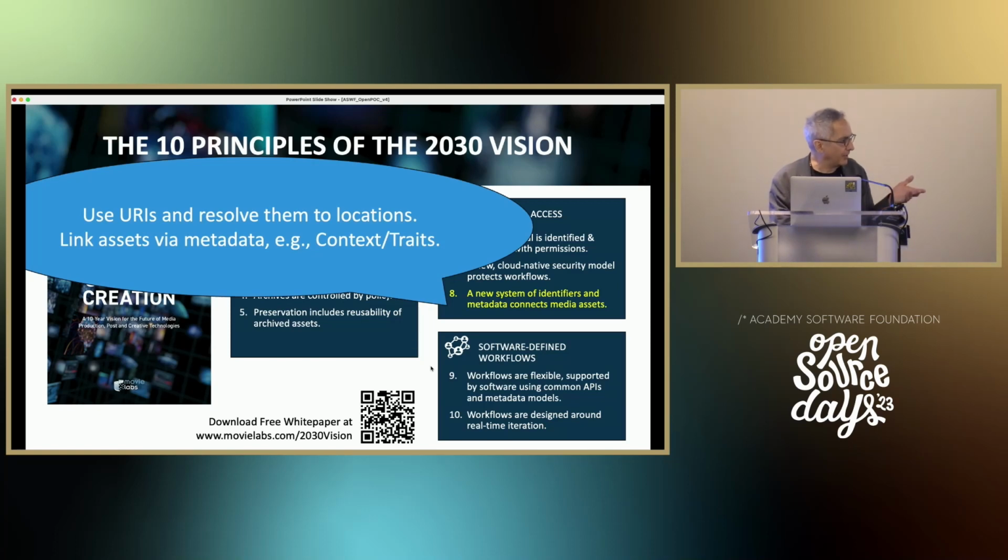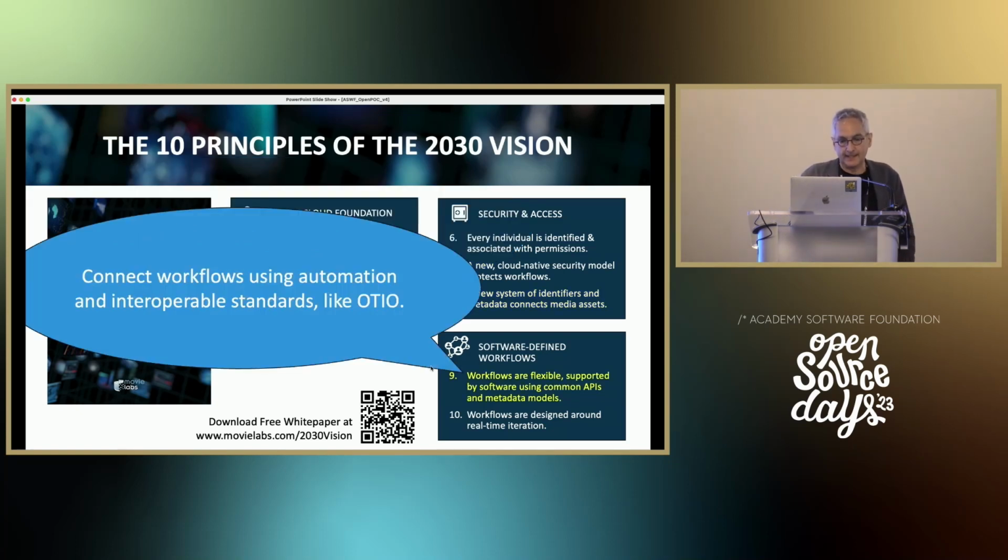Some of this fits in quite well with the OpenAssetIO model of traits, which are some of those metadata items. If you need to find the right stuff, you need to understand some of those attributes and relationships. Last of all, we think that software is very important, that we really want to automate all of the mundane, repetitive tasks between things. To do that, it's really helpful to have interoperable standards, whether it's for file formats like OpenEXR and now OTIO, or for APIs and interfaces, which a lot of the software packages provide.